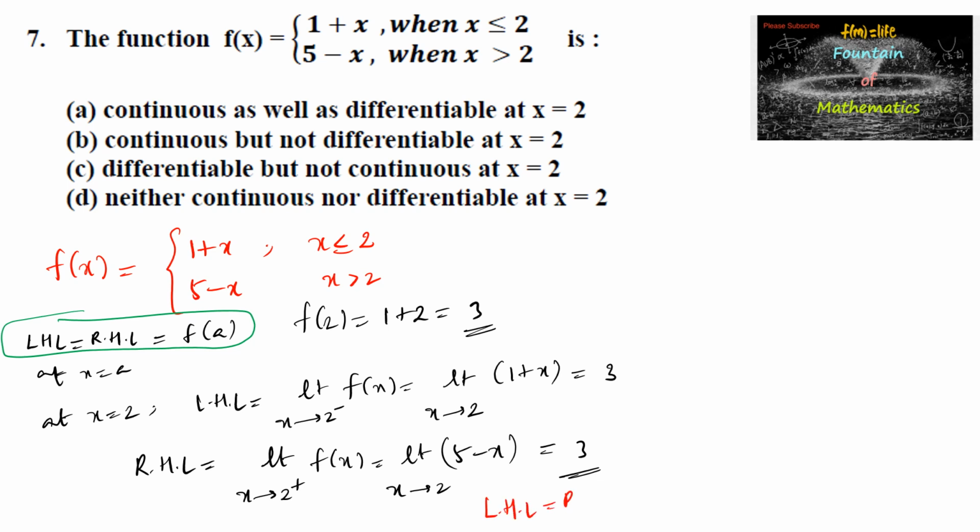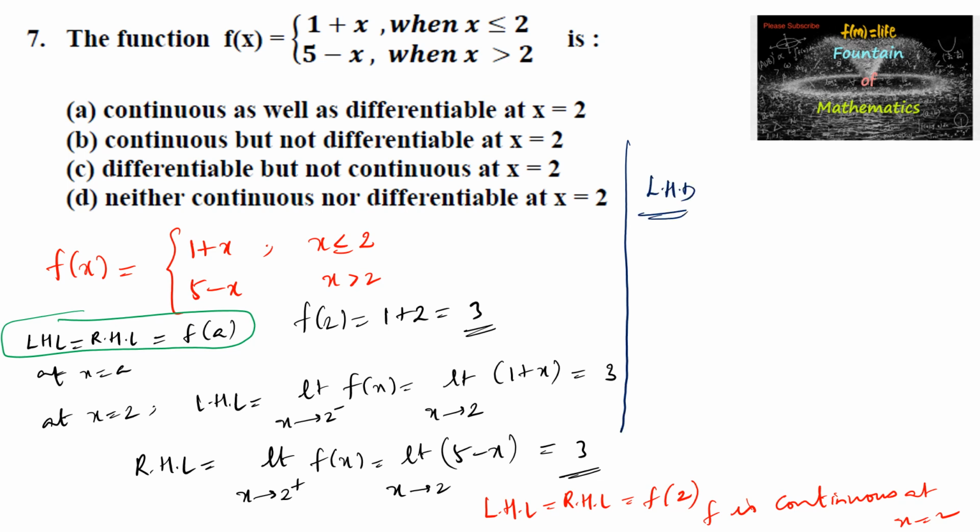Left hand limit, right hand limit and the functional value, all the three are equal, so we can say the given function is continuous. Therefore f is continuous at x is equal to 2. And now coming to the differentiability, left hand derivative at x is equal to 2, d by dx of the function below 2, so we need to consider 1 plus x. So differentiation of 1 plus x is 1, and right hand derivative at x is equal to 2, d by